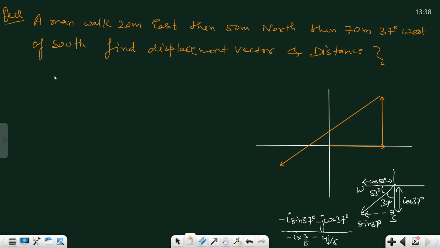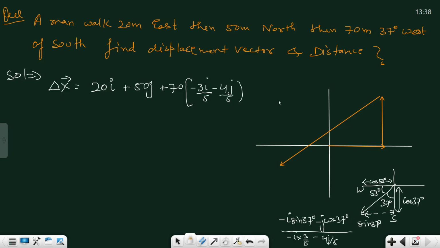So he walks 50 meter... no, first 20 meter in east. What will be the displacement vector? First he walked 20 meter east, so 20i. Then 50 meter north, and then 70 meter 37 degree west of south, so that is minus 3i by 5 minus 4j by 5. Clear? Yes, sir. So the final vector is 20i plus 50j,